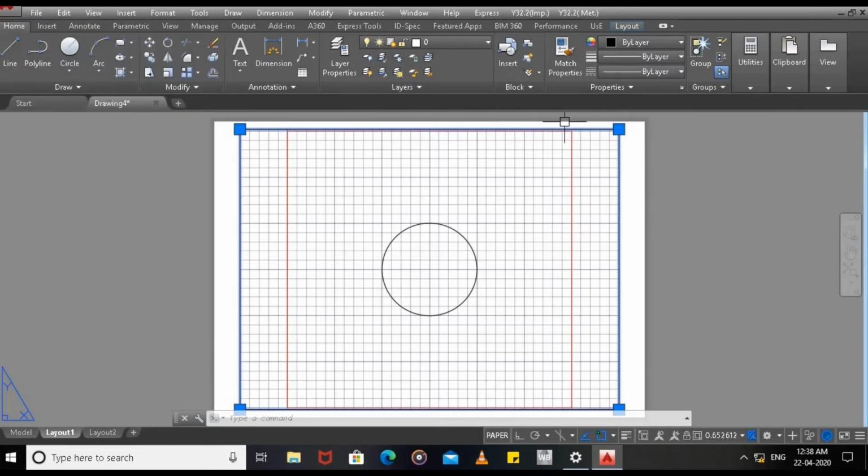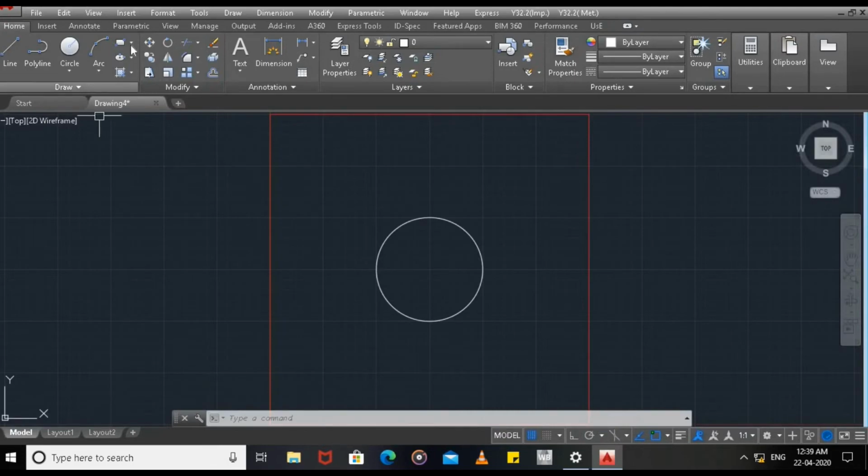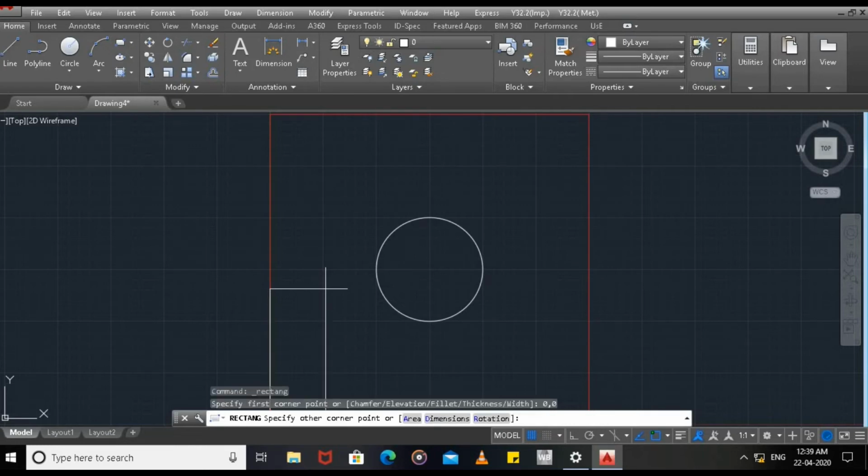Now we are changing the drawing limits, and again we are checking whether this scale is converted into 1:1 or not. Go to model, then I am drawing one other rectangle that is having 0,0, then 261.4,198.4.